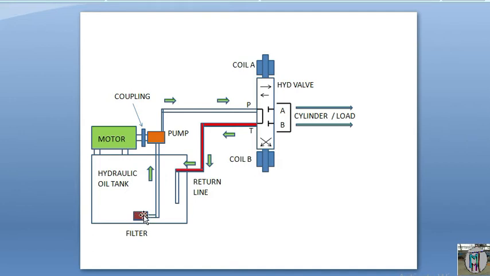When the oil enters, the pump moves and makes the pressure, and it goes along that arrow to your valve. But here there is no receiver. You can see whatever pressure is generated, we have to use. If we do not use it, suppose the valve is here and your system does not match your pump, at that time your pump or motor will be burned. The pump will be damaged or the motor will be burned. So we have to use all the pressure we are generating through our hydraulic system.